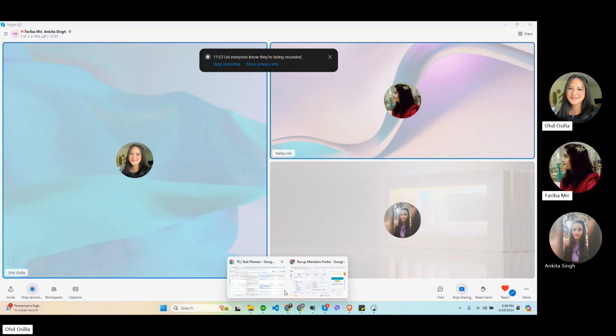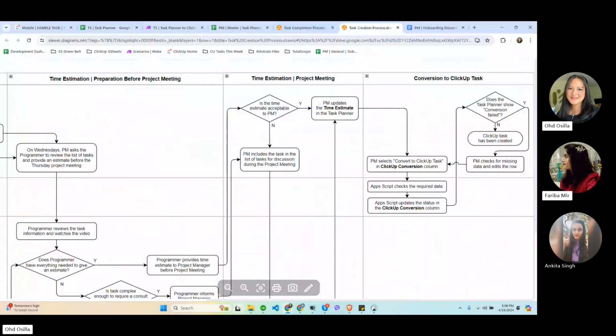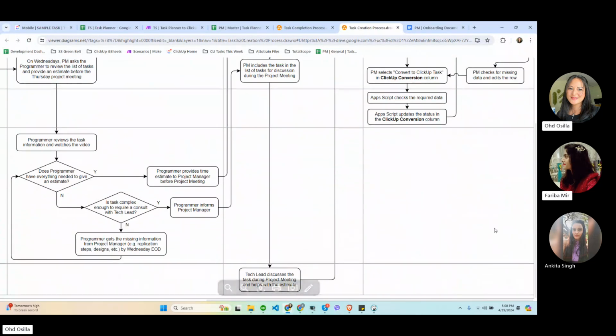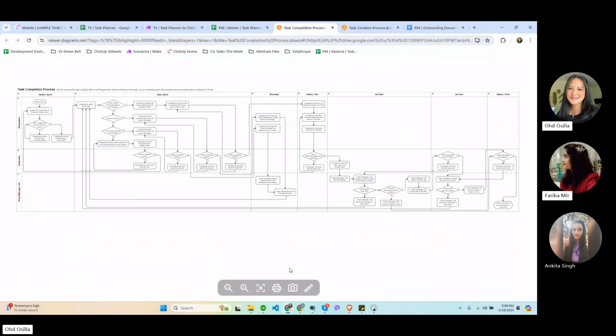So after that, let me just go back. After the task is created in ClickUp, that's the end of this diagram. Once it's created in ClickUp, we move to the task completion process, which is a bit more lengthy to discuss.